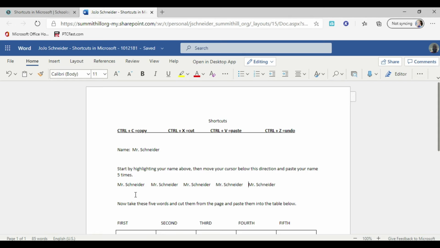Control works similarly to shift. So we're going to hold control down and then press that C, and then hold control down and press that V. Once you have them all in there, this is when you can go back and highlight one at a time